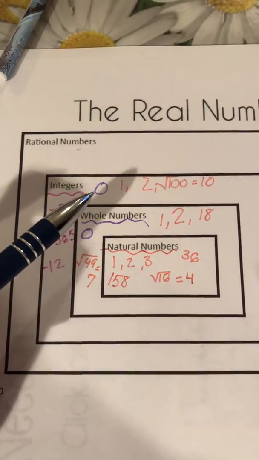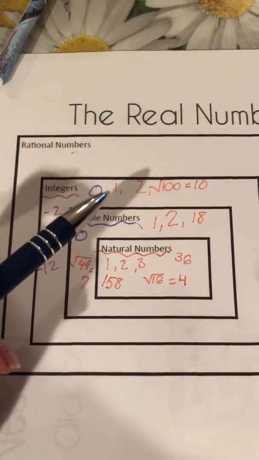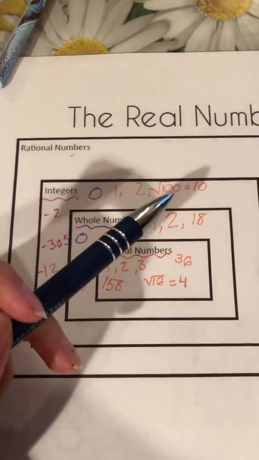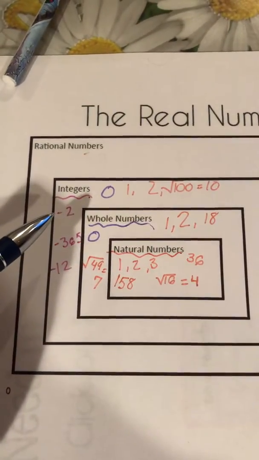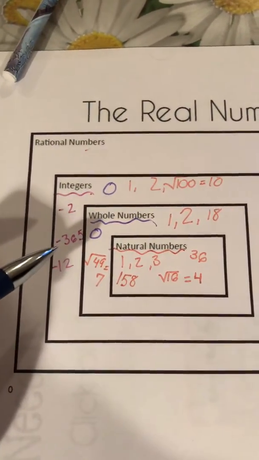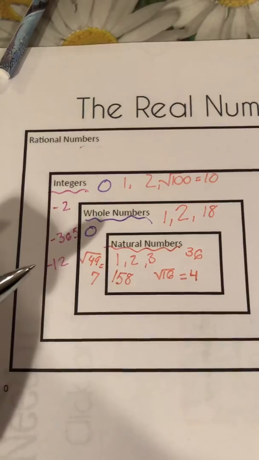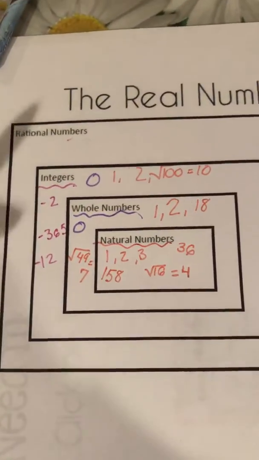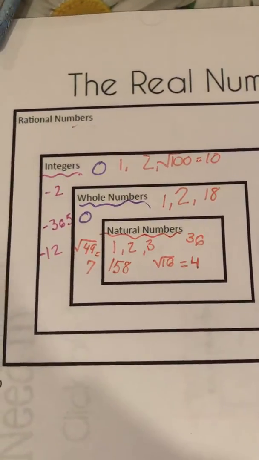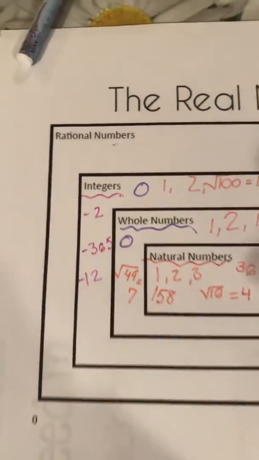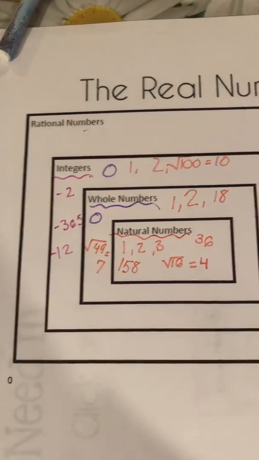So whole number 0, whole and natural number 1, whole and natural number 2, whole and natural number square root of 100, which is 10, as well as negative numbers. Negative 2, negative 365, negative 12. Those are all integers. What type of numbers are we missing in this case? Those are rational numbers. So a number that we're missing